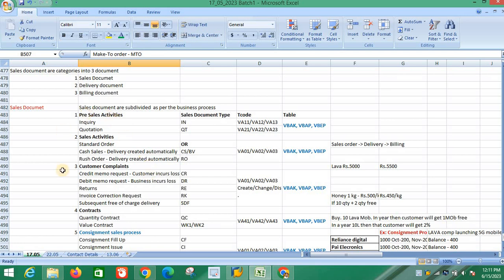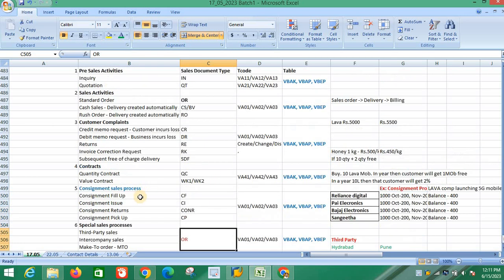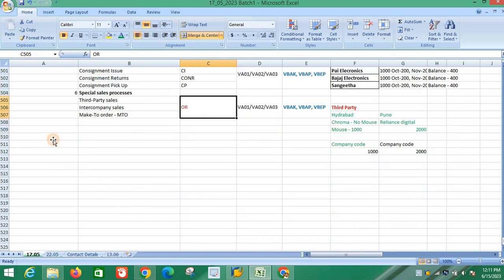And why I am concentrating here is because whatever process I mentioned here, that process we only give to the manufacturing system. And one more thing I forgot: the order type for the third party requirement is OR, and the T codes are VA01, VA02, VA03, and the tables are VBAK and VBAP. I will explain how they are different. Then guys, very important point. Next point,